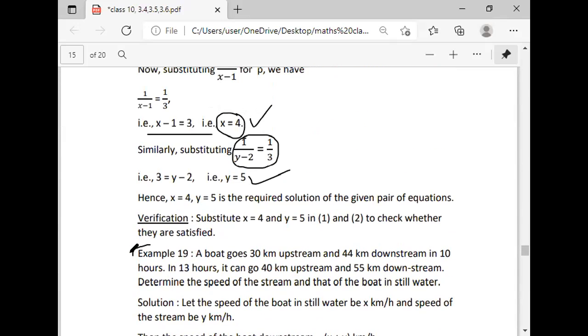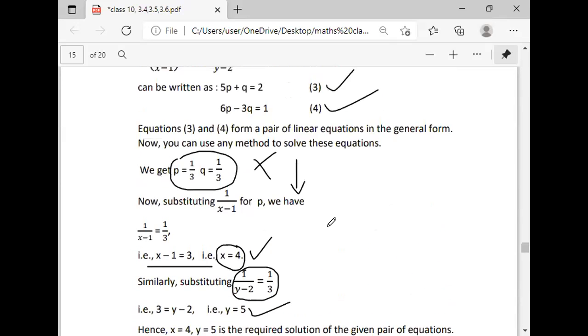See, this is the kind of question I told you. You will need it like in physics. Upstream and downstream questions, upstream and downstream speed like that. So get familiar with this method. We will need it for solving the next question, and then we will begin our next class.